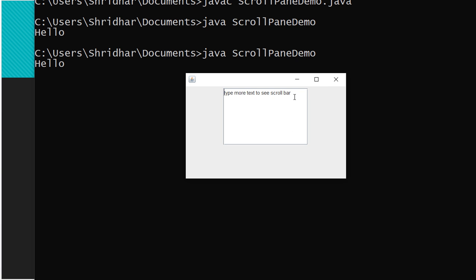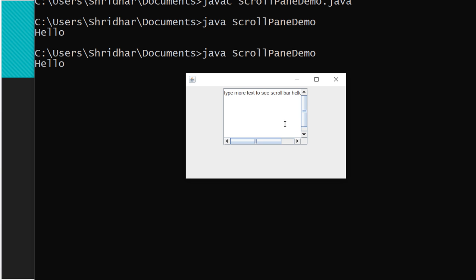See, let me check whether it will work or not. If I type more text, I will get the scroll bar. See now, I will type hello, welcome, yes. Now automatically I have got two scroll bars, vertical and horizontal.